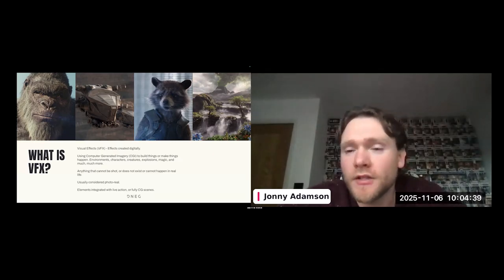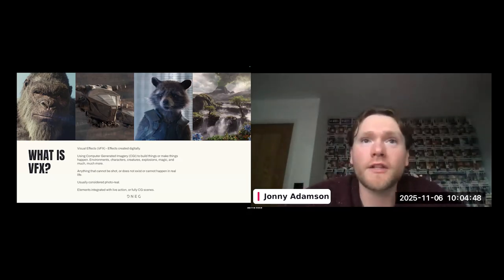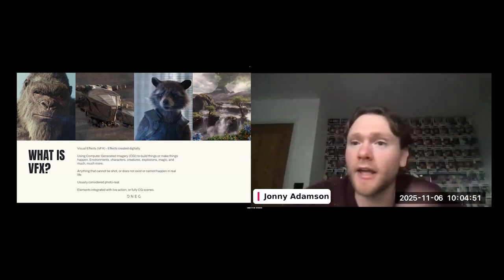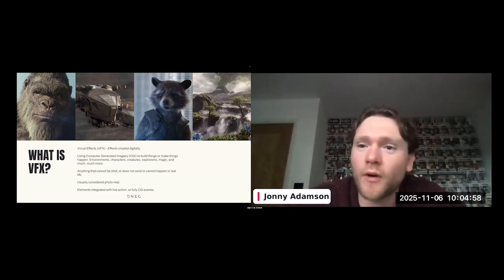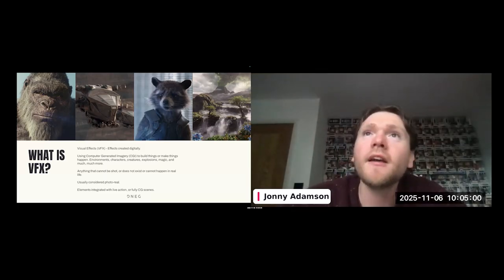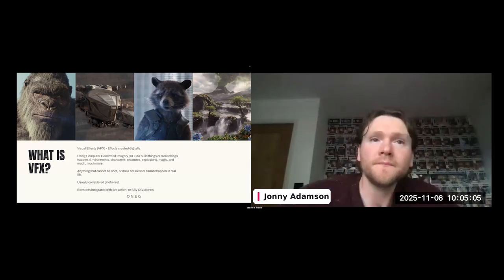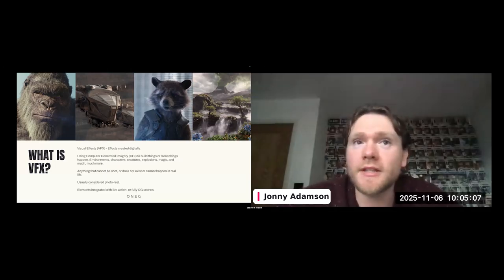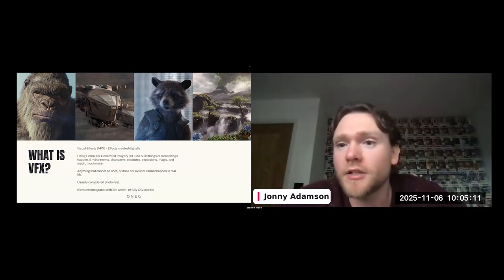We usually use visual effects in place of something that is too dangerous. So if it's not possible for a stuntman to do that, we can replace that with visual effects. Or if it's something that just simply isn't real, like a King Kong or a Rocket Raccoon, you can't train a raccoon to do what Rocket does, unfortunately. So that's where the visual effects team come in and build a creature and a character like that to carry a performance. Visual effects is usually considered photoreal, and that is the difference between visual effects and animation.